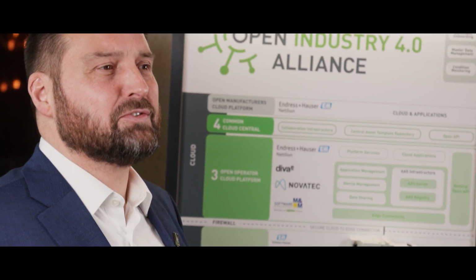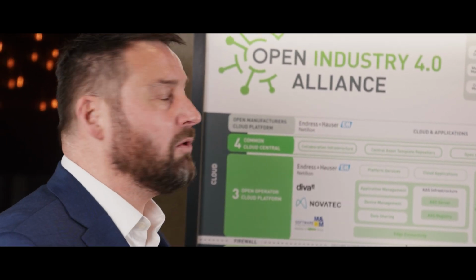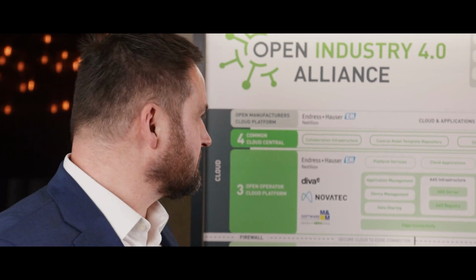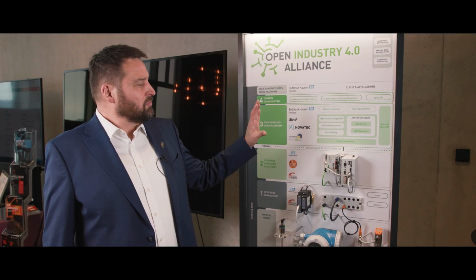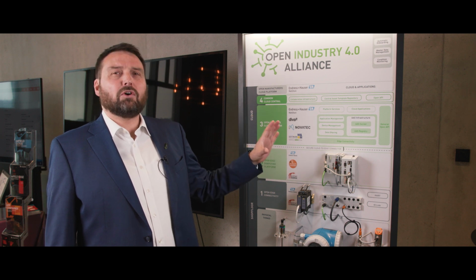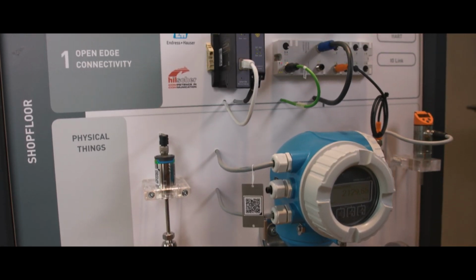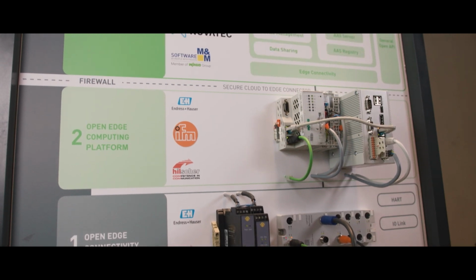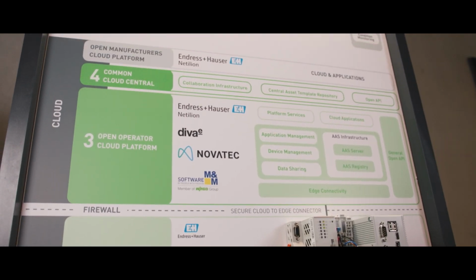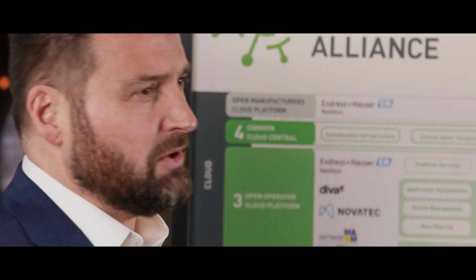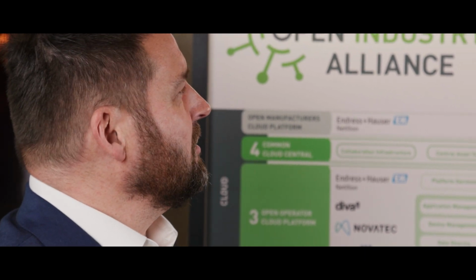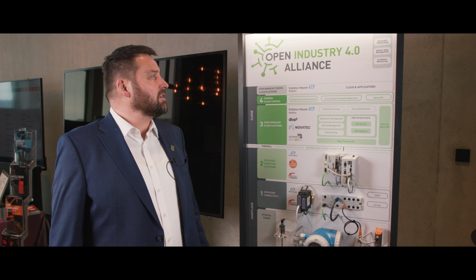I just want to give you some details about our OI4 Multivendor demonstrator we did originally for the SPS 2021. Basically, it's to prove and to show how the work of OI4 regarding reference implementation, reference architecture, also regarding open edge computing platform fits together in an end-to-end scenario, especially for the use cases automatic onboarding, master data management, and